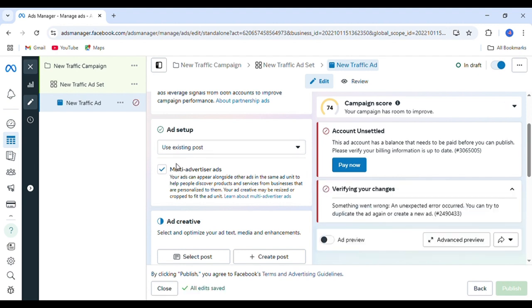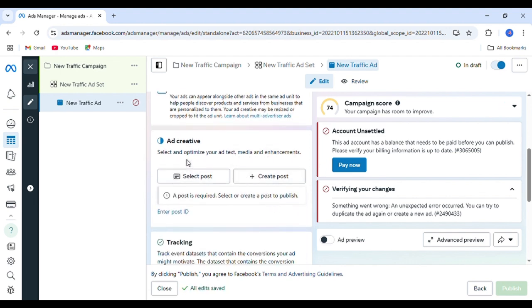And when you use an existing post, multi-advertiser ads means that your ad is going to be beside so many ads. I personally do not like this because it doesn't allow the viewer to focus on my own ad. Yes, it's cheaper, but it doesn't allow the viewer to focus on your own ad. So I would uncheck this. And then you would come here to add creative. Your add creative is either your post, your carousel, or your video that you've already posted. If you chose create post above, you come and create your post here. If you chose use existing post, you come here and click select post to select the post you